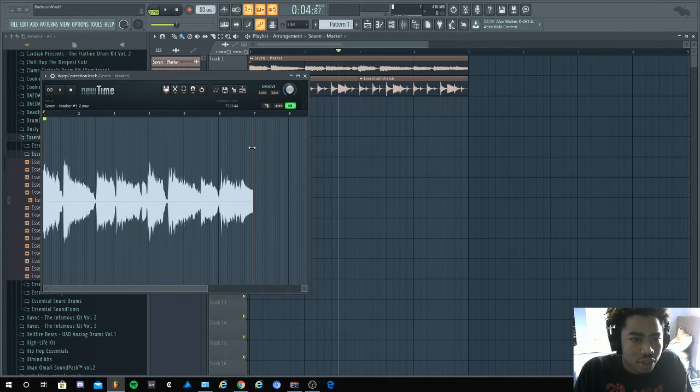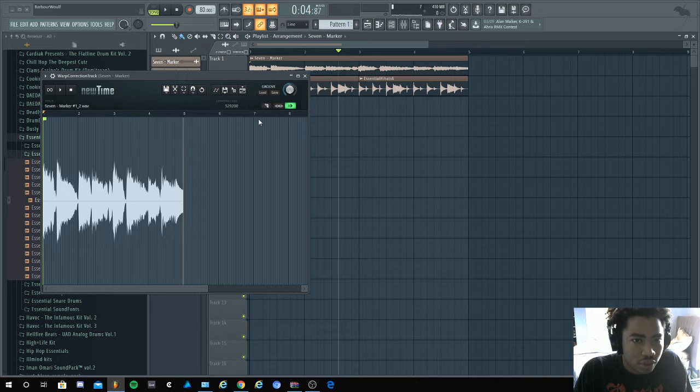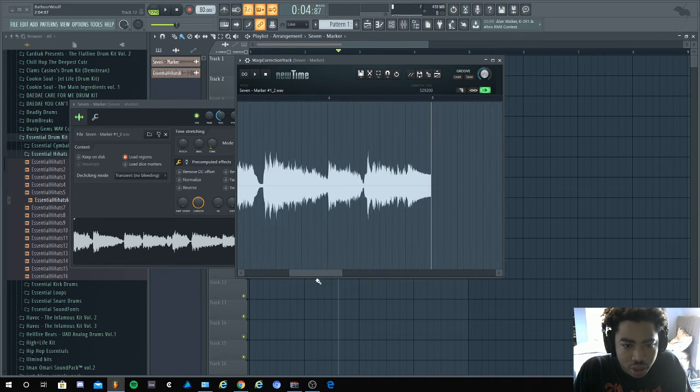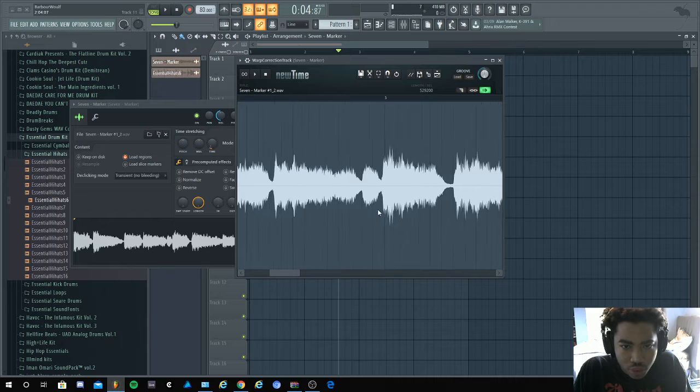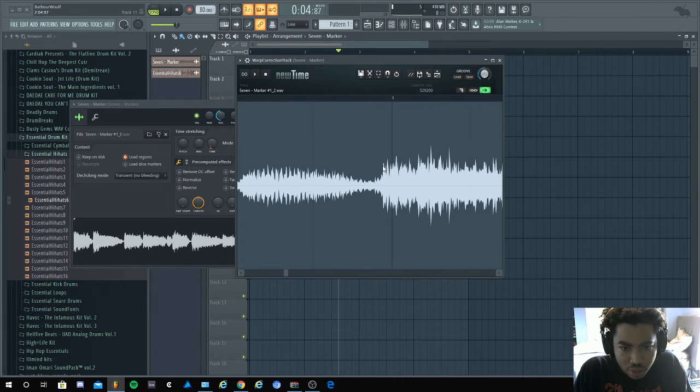And basically it shows us that our sample is no longer in time. So what we're going to do is drag our endpoint towards 5, so it's matching the same to where our sample editor or time warper is matching the same grid selection as our playlist is. All we wanted to do is move this little sample right here, the beginning of the sample,